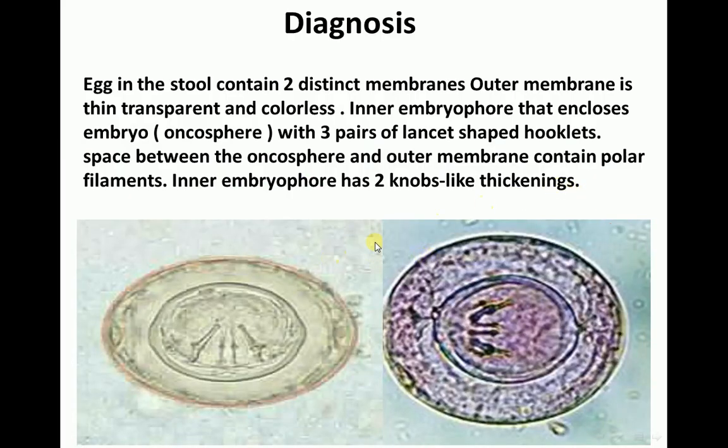Diagnosis. Habitat of this parasite is in the small intestine of the host. So diagnosis is by presence of the eggs in the stool. Egg covered with outer membrane, which is thin, transparent, and colorless. Then inner membrane, which is called embryophore,